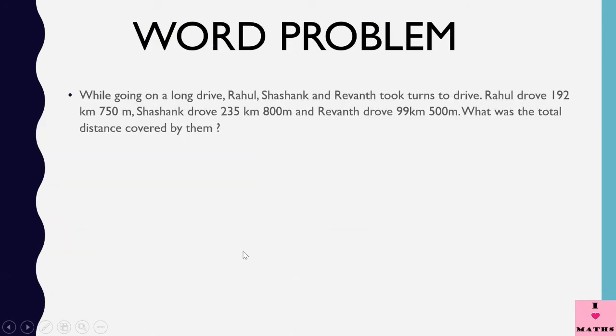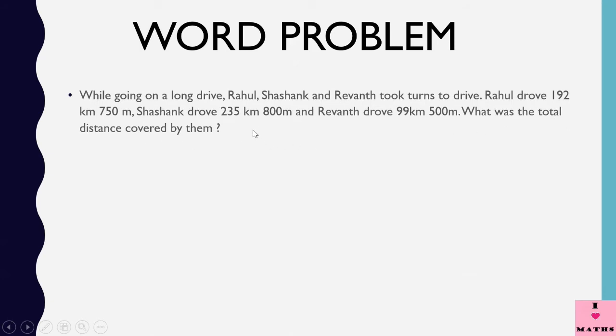Okay. Come, let's do the word problem. While going on a long drive, Rahul, Shashank and Revant took turns to drive. Now the three friends went for a long drive. Rahul drove 192 kilometer and 750 meters. Shashank drove 235 kilometer, 800 meter, and Revant drove 99 kilometer, 500 meter. What was the total distance